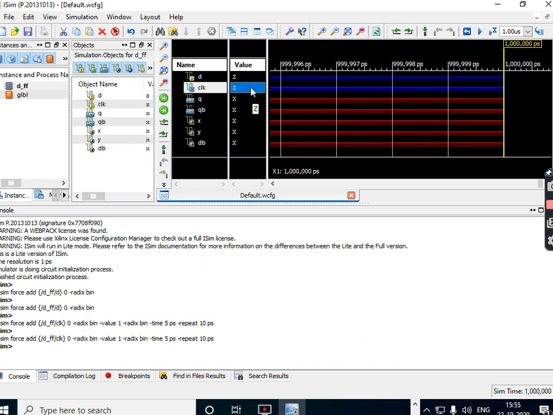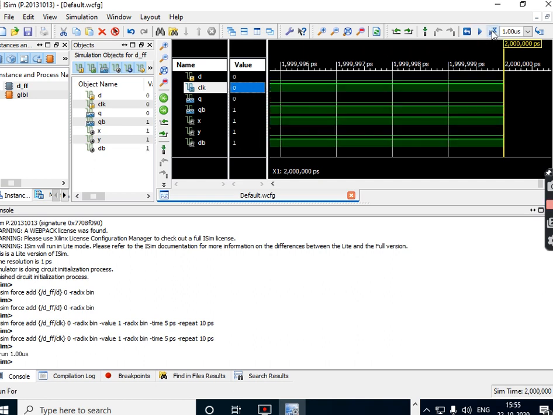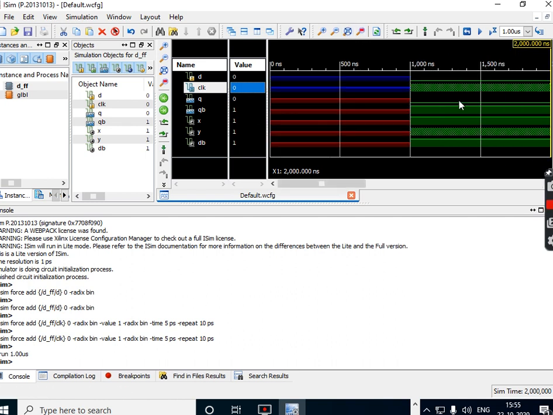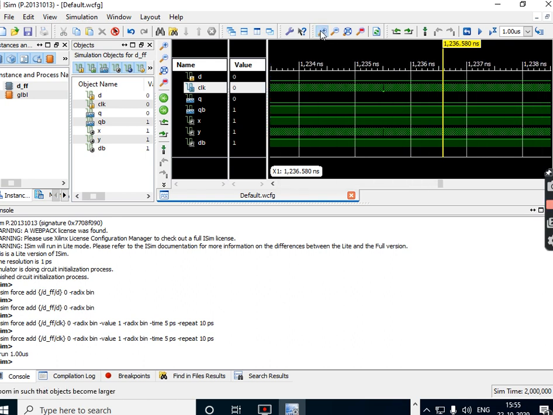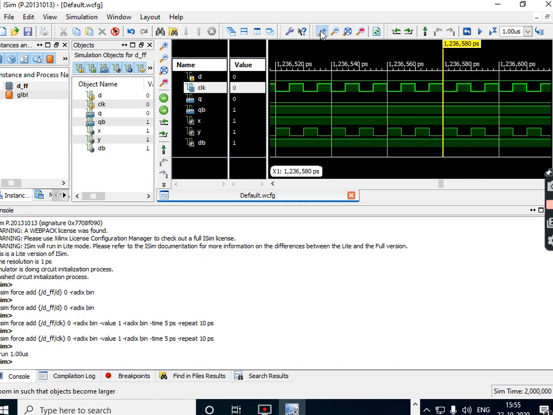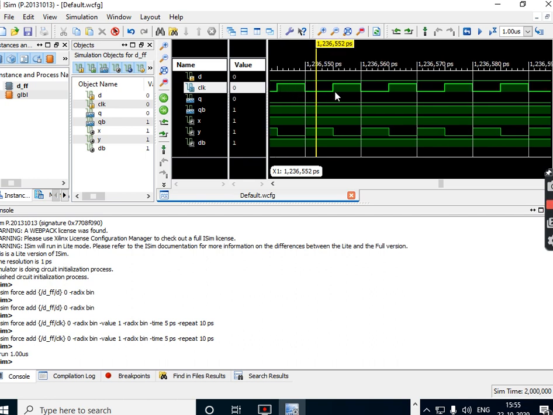Now all the possible required inputs have been given, and now we have to run the simulation till a certain specific time. So I have pressed that. Now what can you see here? So when D is 0, I'll just minimize this particular thing so that it will be easily visible to you. I'm zooming in, because it is a clock. Understood? I think it's visible to you, right? Now you can see how this clock is changing. So this is clock 0, clock 1, clock 0, clock 1. What is the period I have set? 10. So after every 10 time units, the clock is changing from 0 to 1 and 1 to 0.